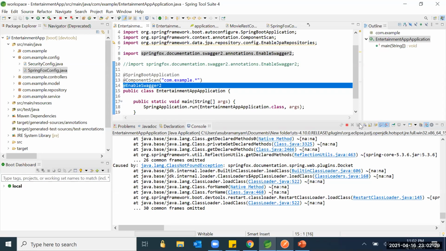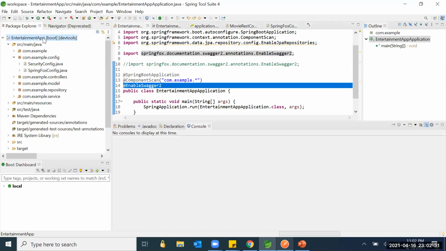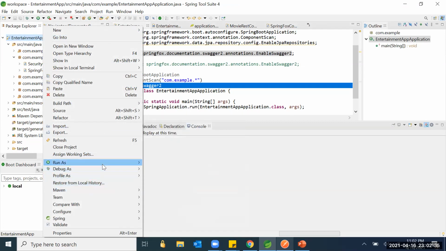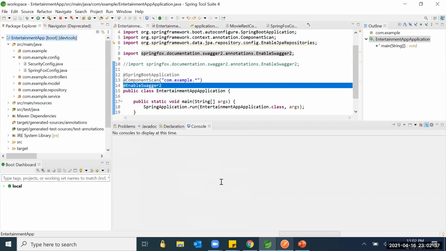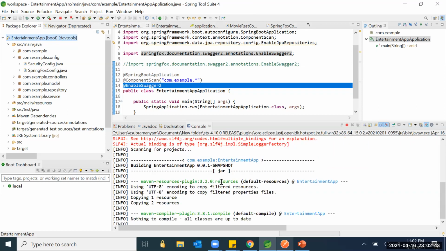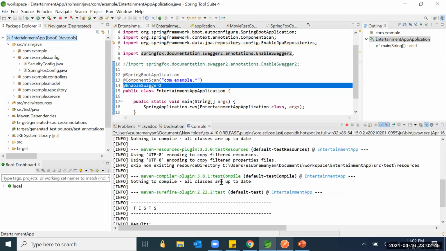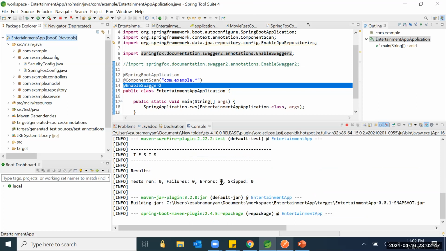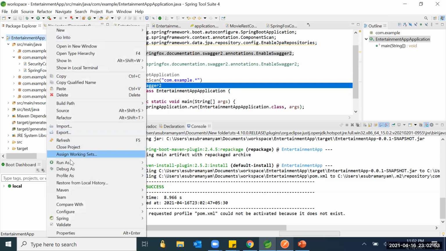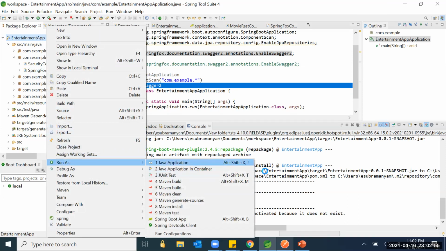So let me restart or rebuild this because I just enabled Maven dependencies. Okay, so now let me start the server.